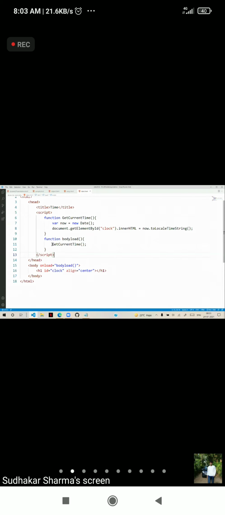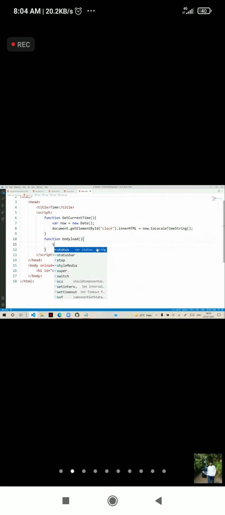Then it will do this task at regular intervals. That means if you say 10 seconds, for every 10 seconds it will do this task. So for every 1 second, it will do this task. That is the ability of the timer event. So I want this task to perform every second: every second, the current time should get the time and print it. Then we will give this to the setInterval method.